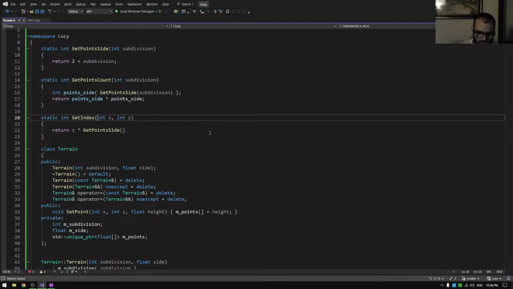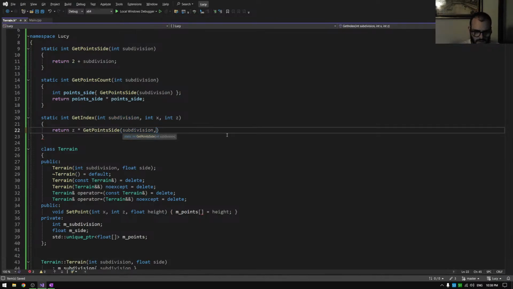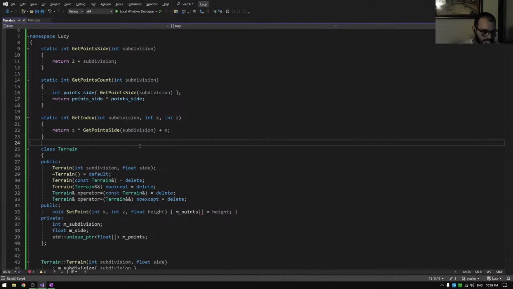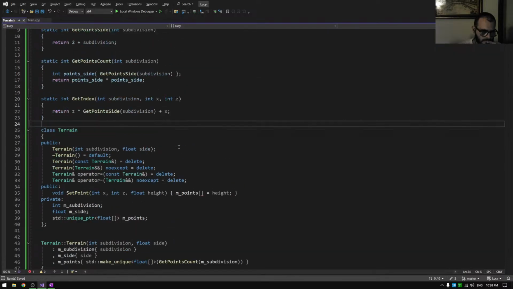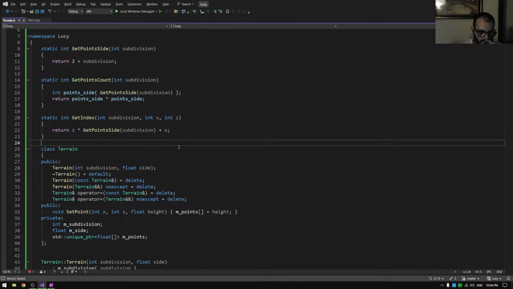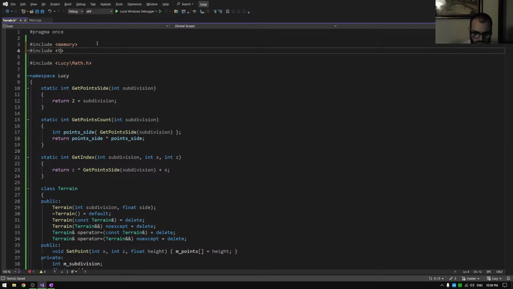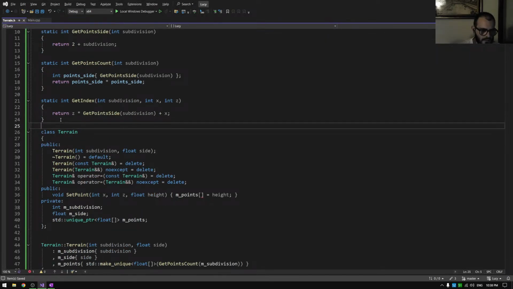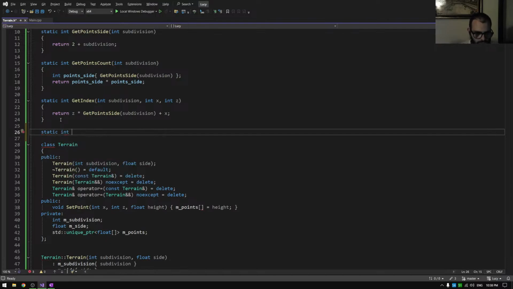So we need the subdivision, and then so the z times point side plus x. Static int, std tuple int get